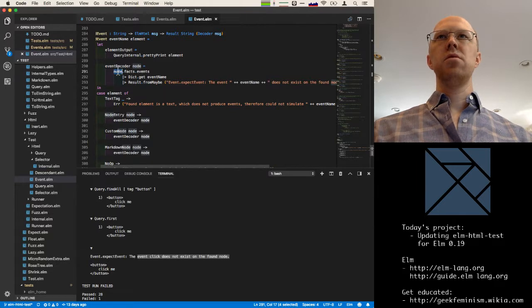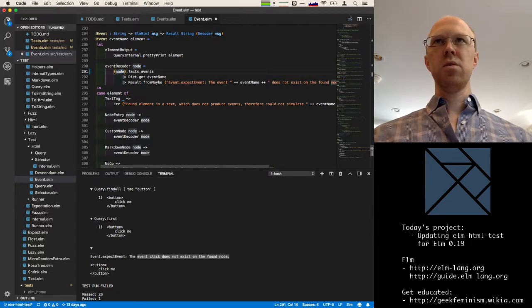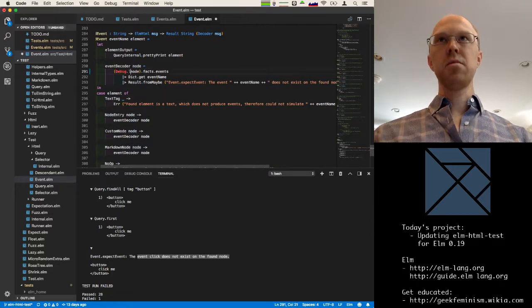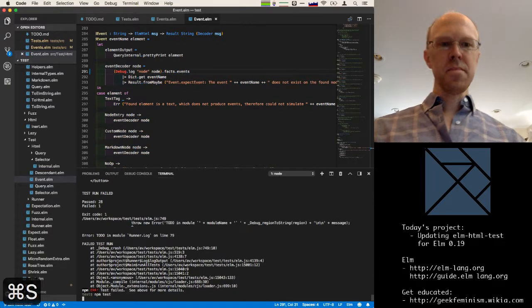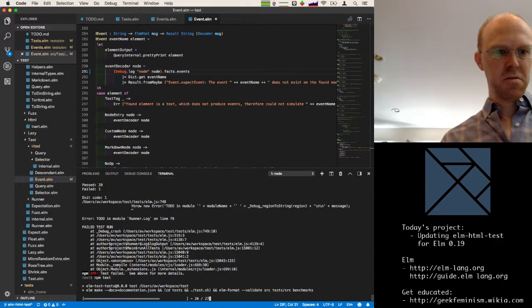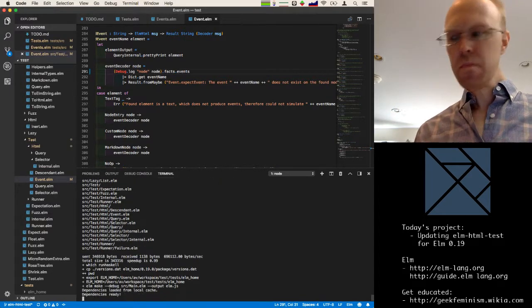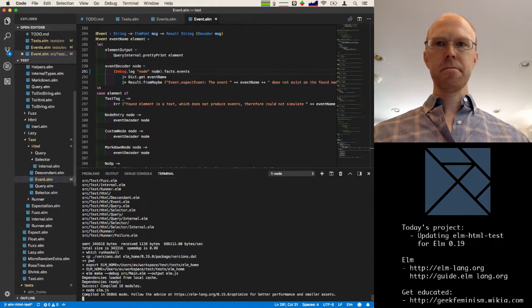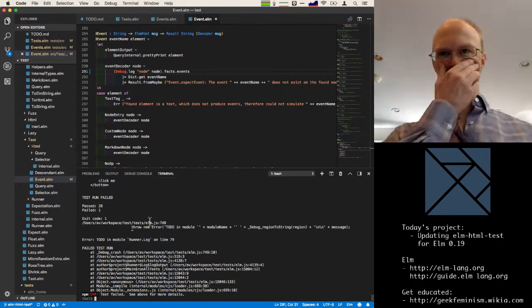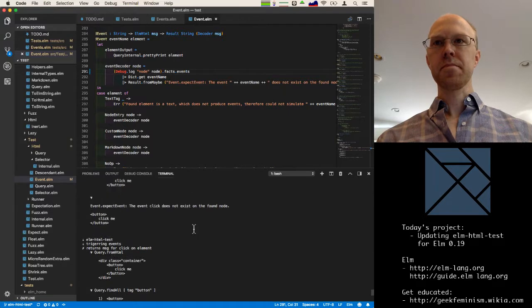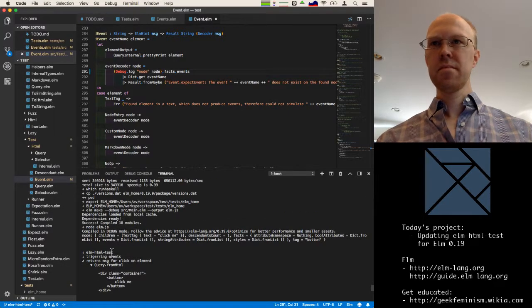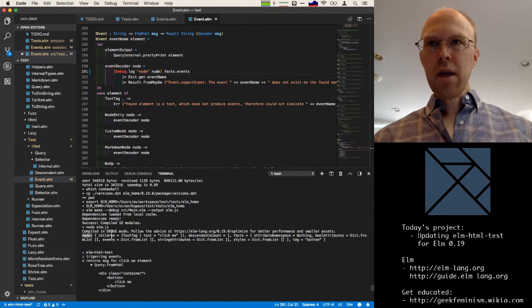So here's our node. So let's print out what our node is. Debug.log node. And see if that gives us any info. Okay, so here's our node.